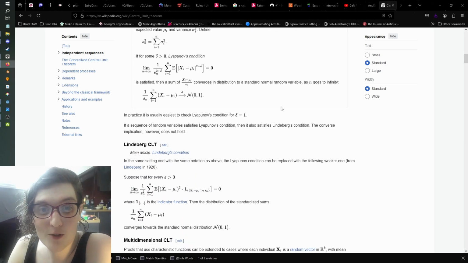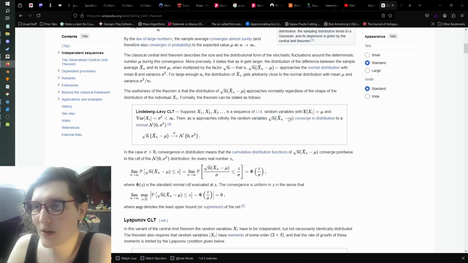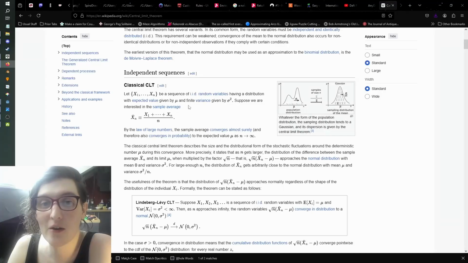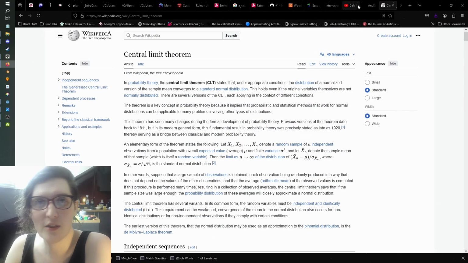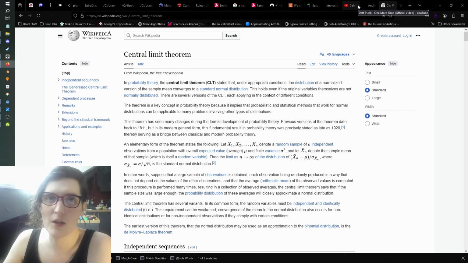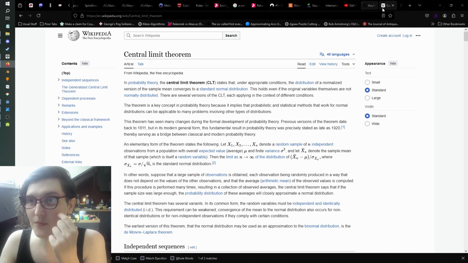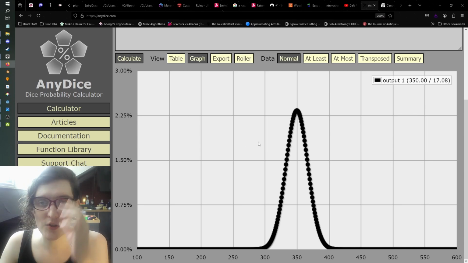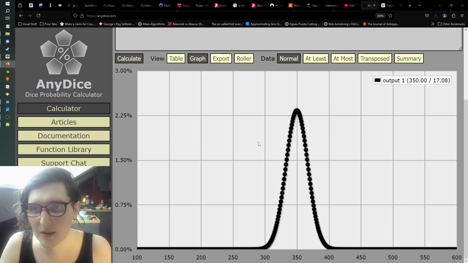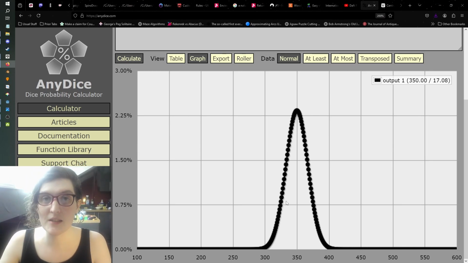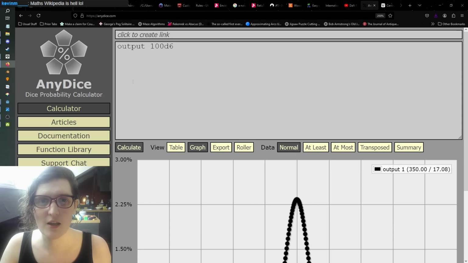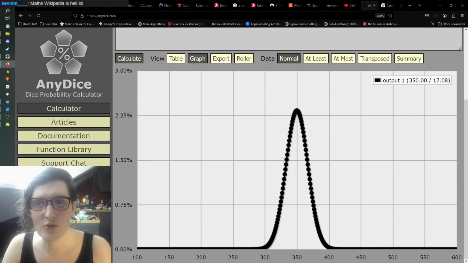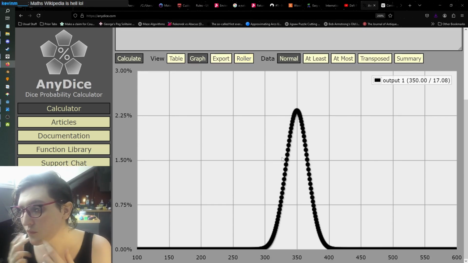It might not be apparent for how much I'm talking about dice and numbers and statistics, but I have dyscalculia, so this is beyond me. But I'm pretty sure that this describes the way that if you add more and more dice, it approaches this curve. So basically AnyDice is working out every possible outcome right now. It's not actually rolling 100d6 a bunch of times to see all of the different sums that it can get, but it's telling you